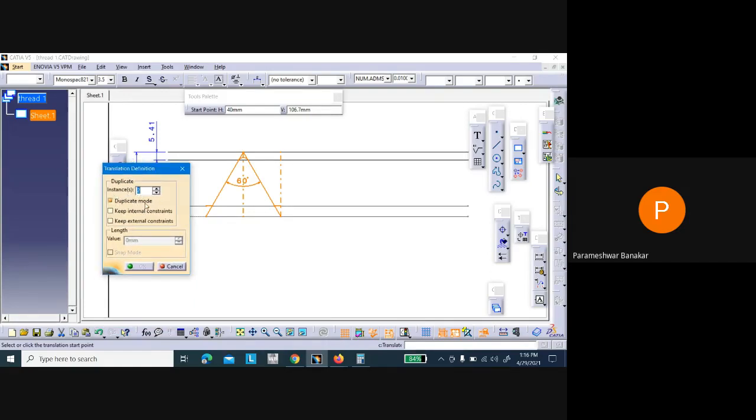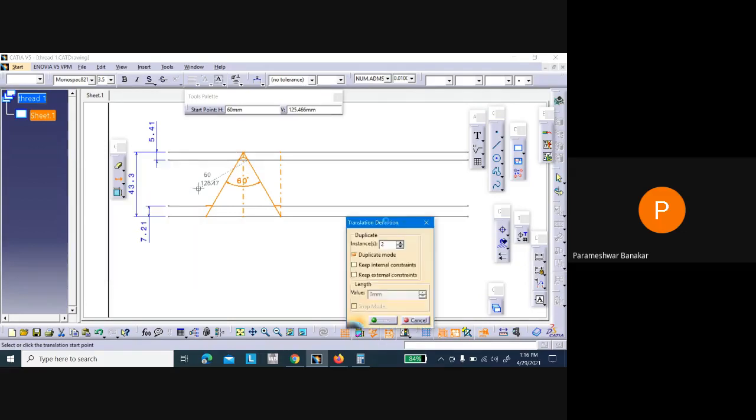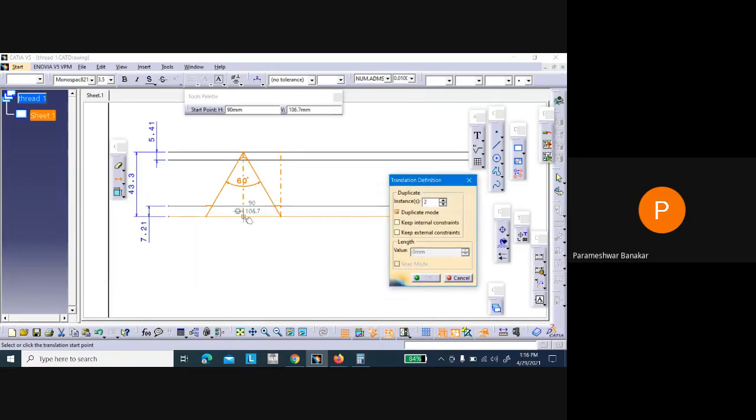Instances or duplicate mode. So you can go for 3 if you want to create 4 threads, or if you want to create only 3 threads, then go for 2 because already one is existing here. After that it will ask from where you want to take it.